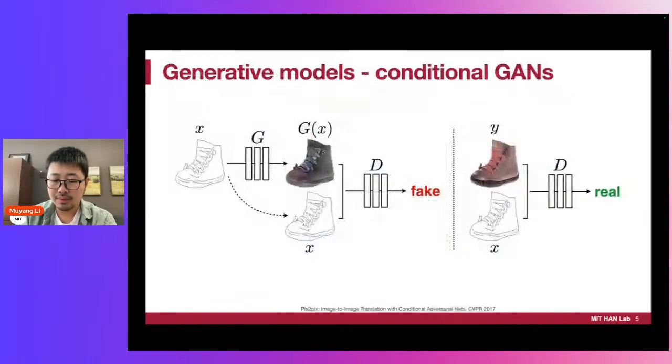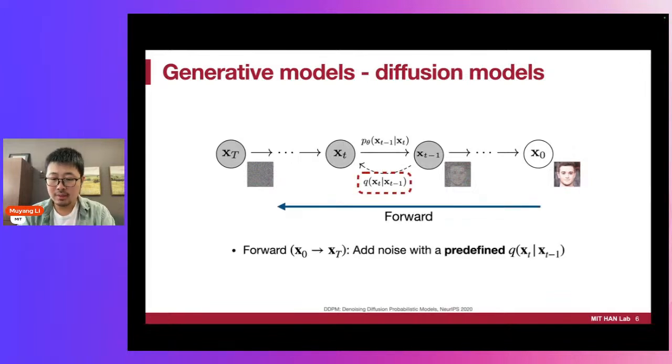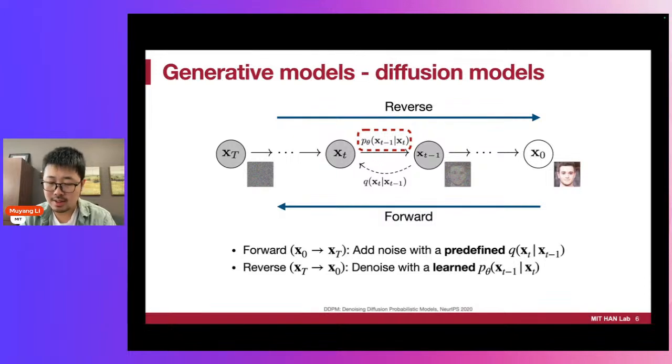A few years ago, GANs, which are neural networks composed of a generator and a discriminator, were introduced. These networks work together to generate realistic images by competing against each other. And the recent development of diffusion models has further expanded the boundaries of AIGC. These models define a forward process to add noise to diffuse a clear image to pure noise. And then a network is trained to learn the reverse distribution to reconstruct the image back from the pure noise.